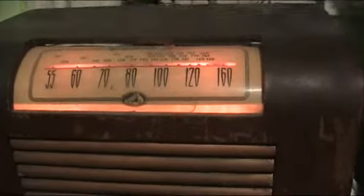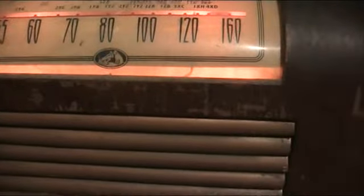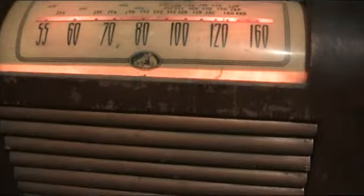Not sure why it's doing that. Loose tube. Got a loose tube. One of the IF amplifier tubes. It was making a crackling noise when I tapped it, so after resetting that...